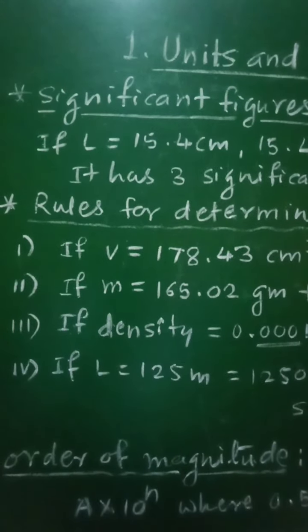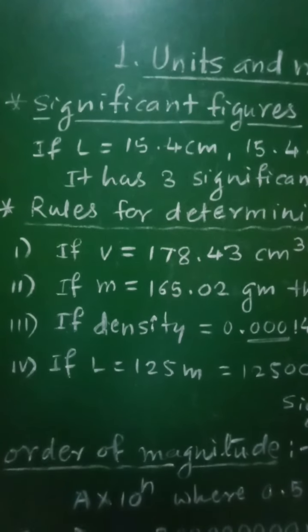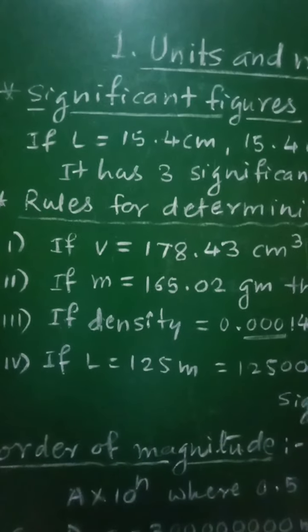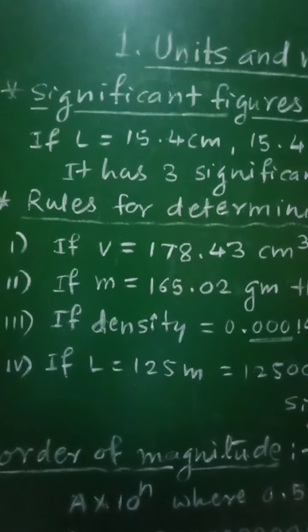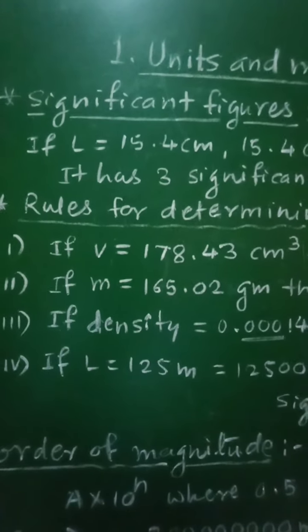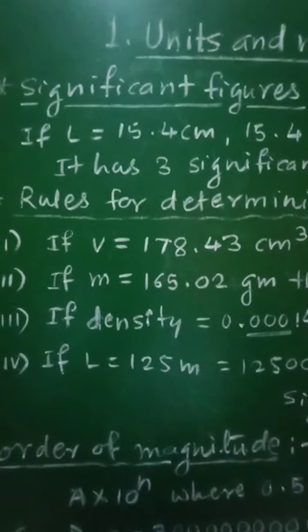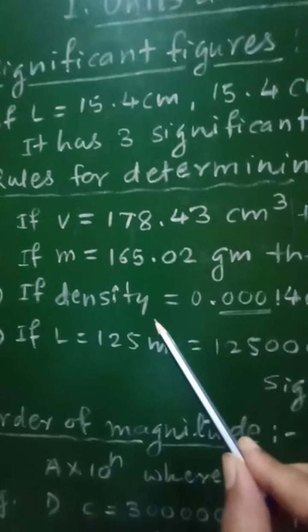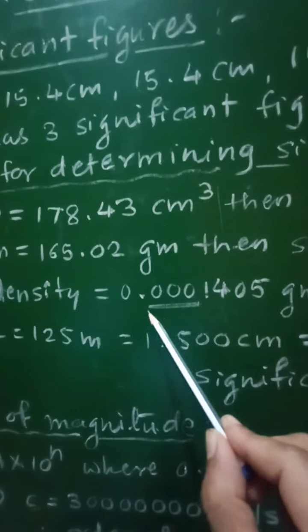If the number is less than 1, then the zero or zeros on the right of the decimal point and to the left of the first non-zero digit are not significant. So let us consider again the example. If the density of any object is given as